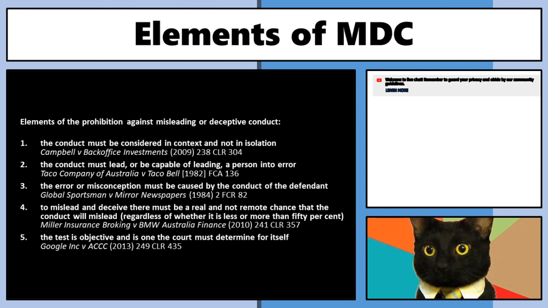So Taco Company of Australia and Taco Bell was from the early 80s, when there was a company that ran a bunch of stores called Taco Bell in Eastern Sydney. And Taco Bell, the American company, wanted to start stores in Australia. And so they're looking at this, and they're trying to work out what the error is in terms of doing this. And again, this was co-pleaded because Taco Bell had a lot of money. They co-pleaded it with a bunch of other things. And the Taco Bell Company of America lost. They lost quite spectacularly.